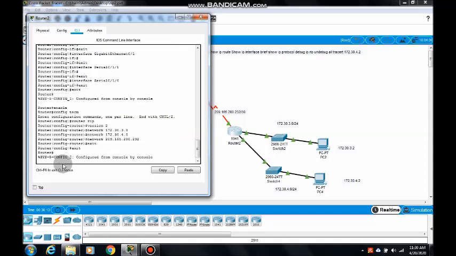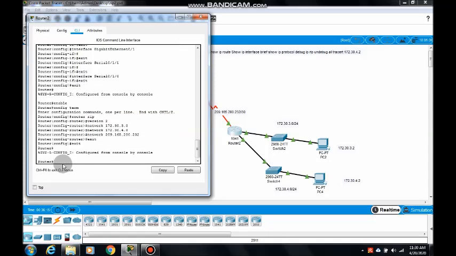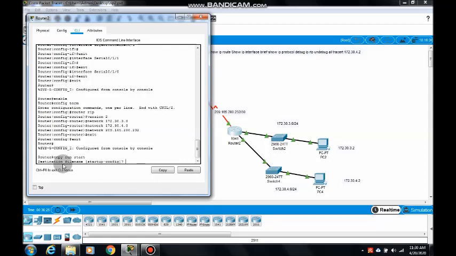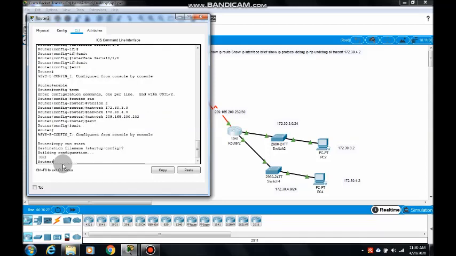Exit. Copy all the things into the router configuration file: copy run start. Now the configuration of router 2 is also completed.